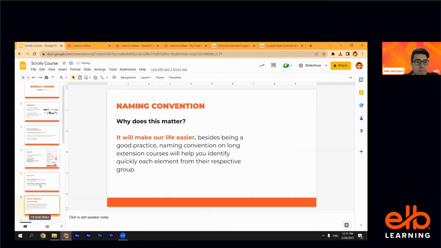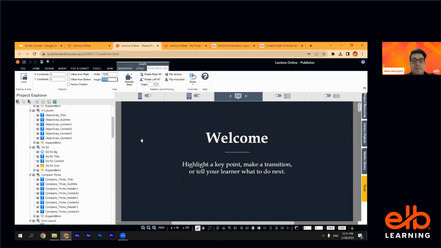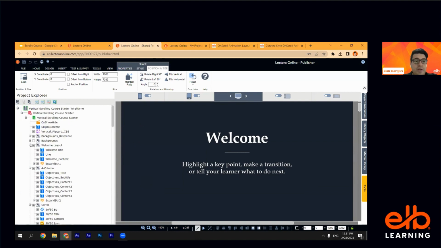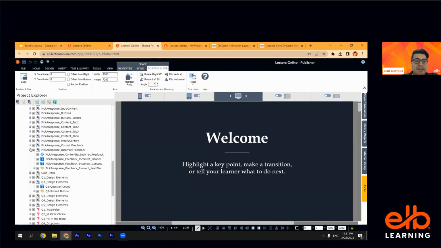And what's also important to us is to come up with a naming convention for all of the assets we're going to add, or we added in here. And why is this important? It's also good practice to nail down the naming convention of things, but we ended up with a lot of extra elements or ungrouped elements that needed to be nested inside groups, because this way we're not going to end up with hundreds or thousands of elements outside. And the naming convention part of it is that everything needs to be